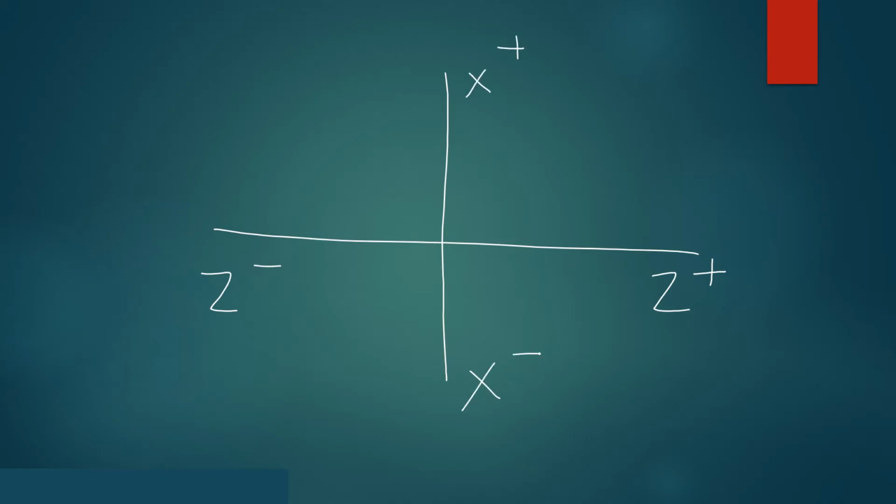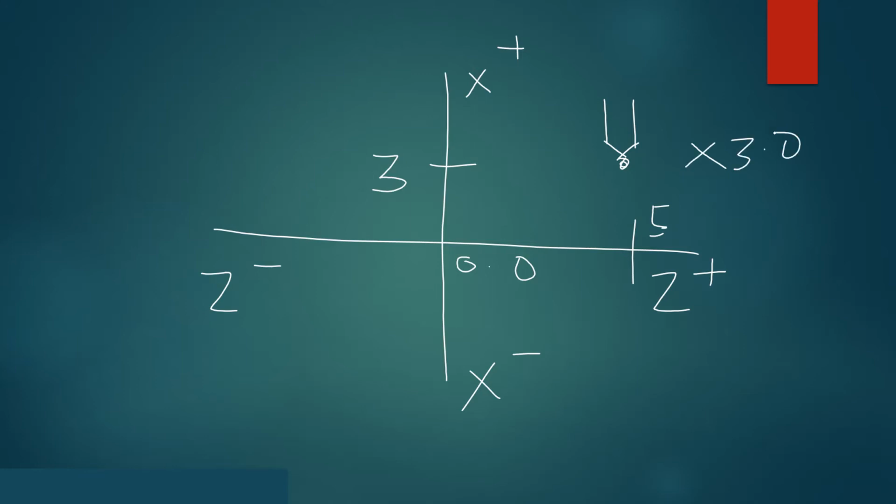The center point is 0,0. If a tool is in this particular place, assume this is Z 5 and this one is X 3, then we have to position this tool in this position by giving the command X